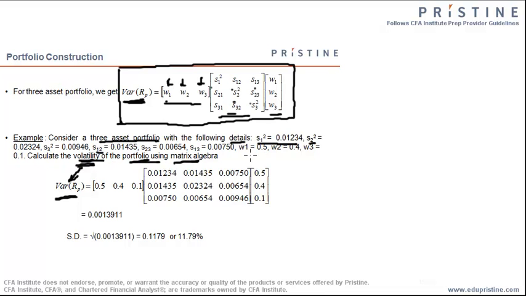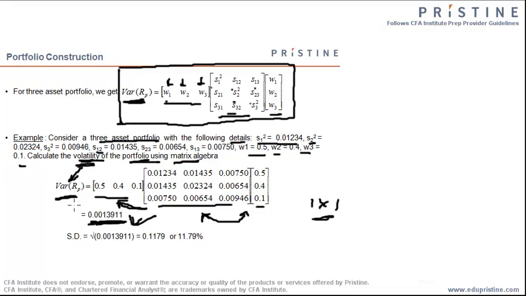We have also been given the weights of the different securities in the portfolio. So we have basically been given all the values that we need to compute this matrix multiplication. We first multiply these two matrices, and then the resulting matrix is multiplied with this matrix to yield this result, because the product yields a 1 cross 1 matrix which has just one element, which is this. So this would be the variance of the portfolio return.